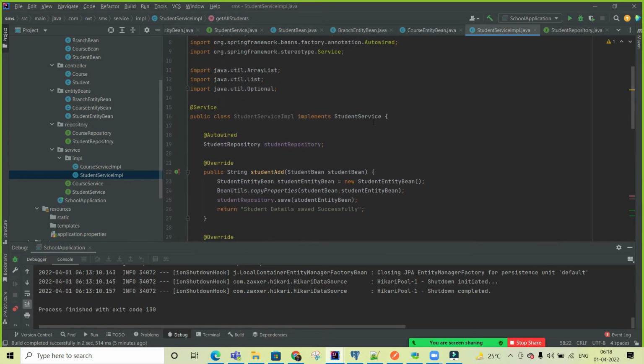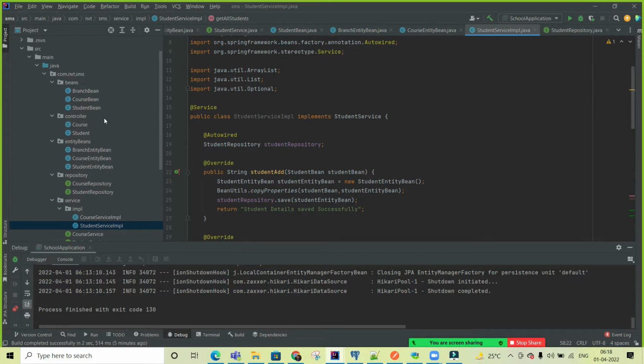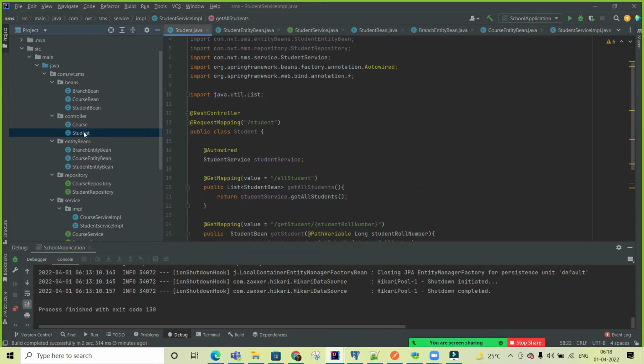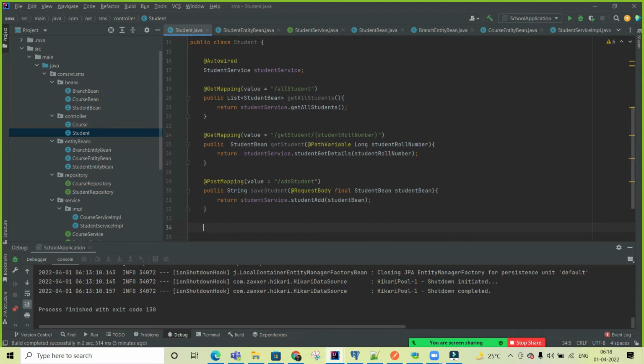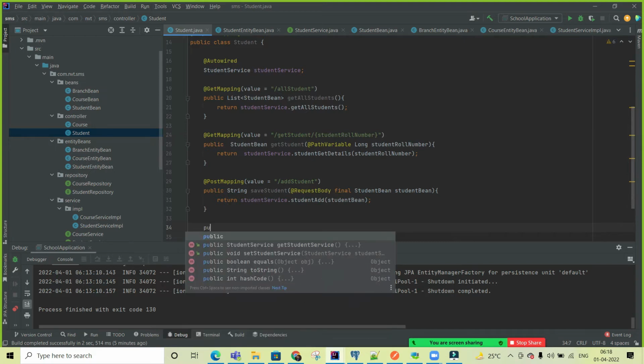Let me complete the controller part. I am coming to the student controller. This is a controller. This is where I'm getting all students. I'm getting the particular student. I'm adding this student. Okay. So now what I'm doing is updating the student. So public